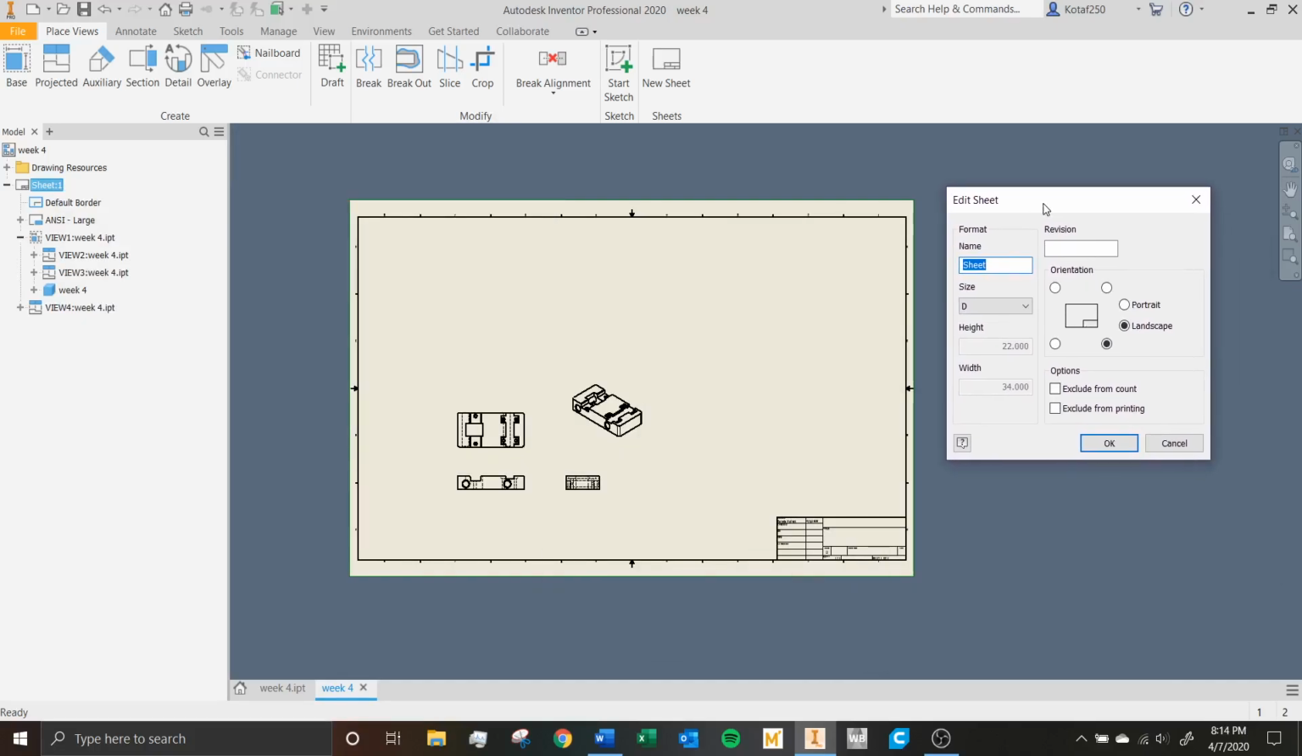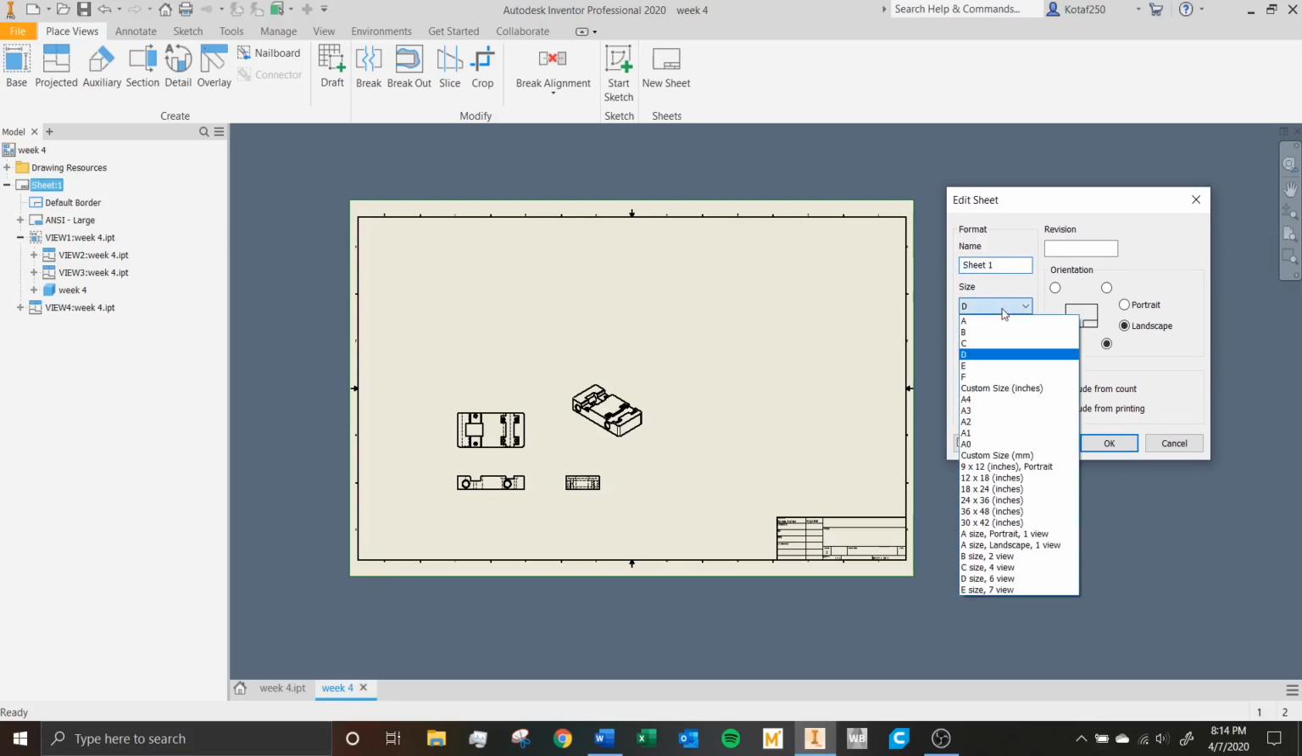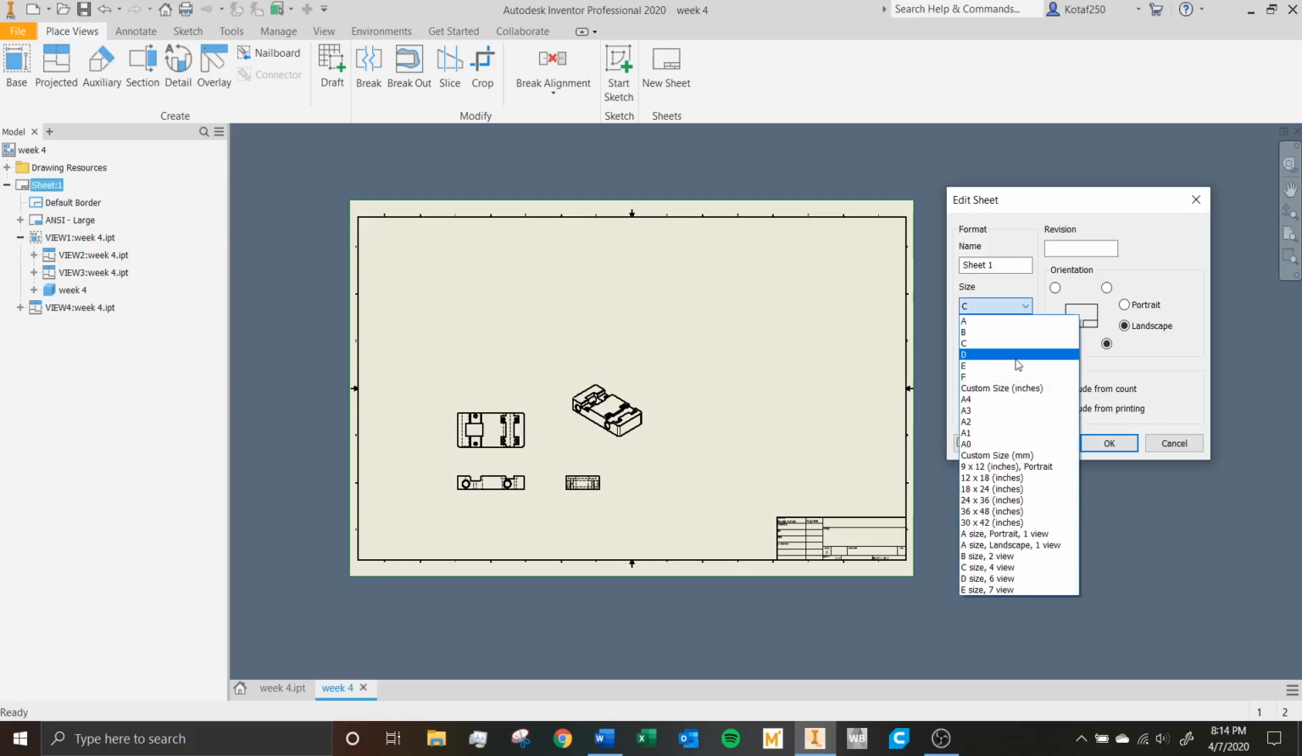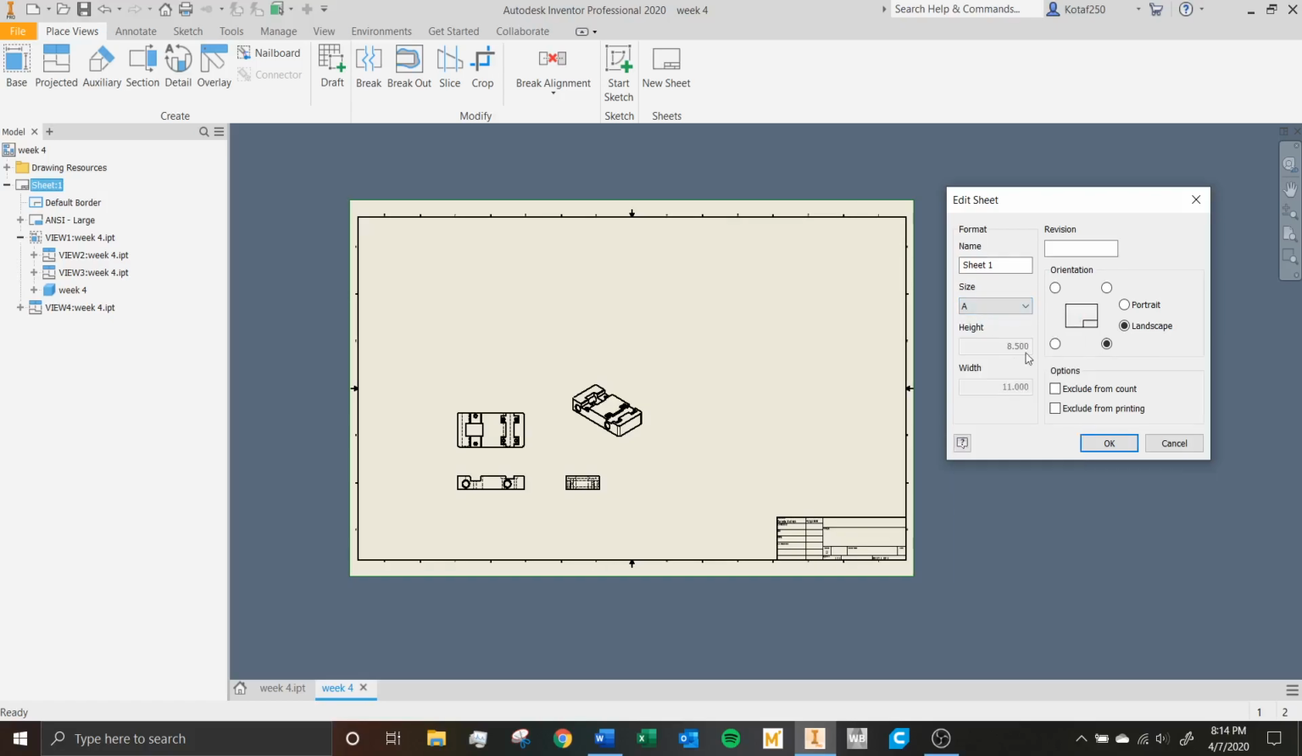And now you see we can name it, so I'll just name this one Sheet 1. And then we have size. So size goes according to paper size. Now, if we go to A, we'll see it's 8.5 by 11. That is regular printer paper. If we go to B, we have 11 by 17, which is a larger set of paper. C, again, is 17 by 22. We go to D, 22 by 34, and then we can go on and on and on. But we'll stick with regular paper size because that's what we're going to be printing with,